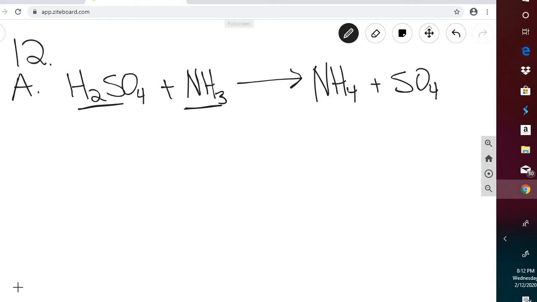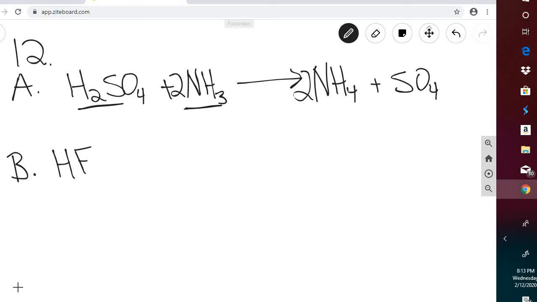So 6, if we put a 2 here, that gives us 6 hydrogens and 2 more is 8. So let's put a 2 there. That gives us 8 hydrogens. It also gives us 2 nitrogens, and we have 2 nitrogens here. And then the SO4 is okay. Okay, so that's 12A. Okay, 12B is the reaction between